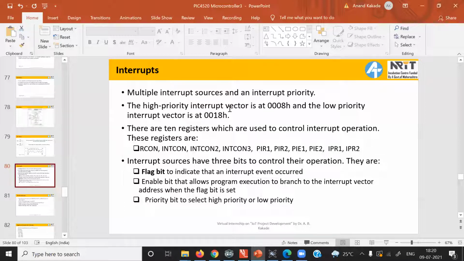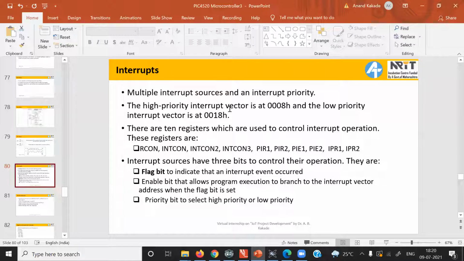In the polling method, your microcontroller or microprocessor remains busy in checking that condition. So most of the time is utilized for checking that condition. So the microcontroller may not be available for checking other conditions. There are some conditions which may happen at a random point of time. So for such conditions, we can make use of interrupts.